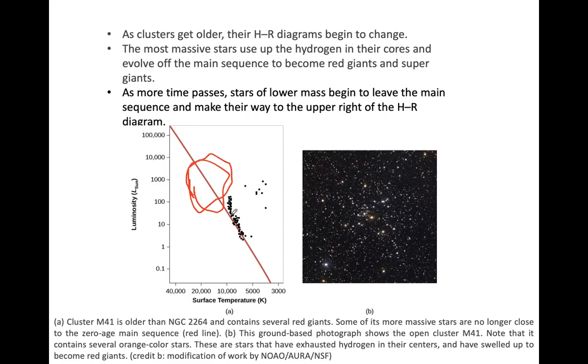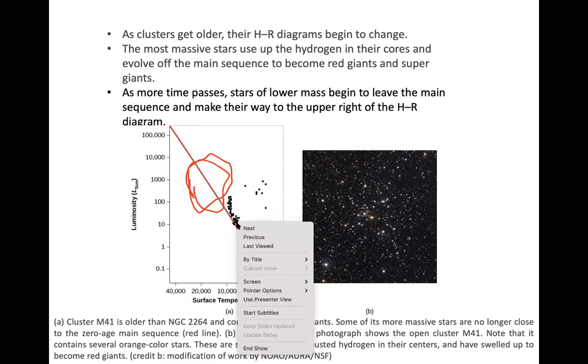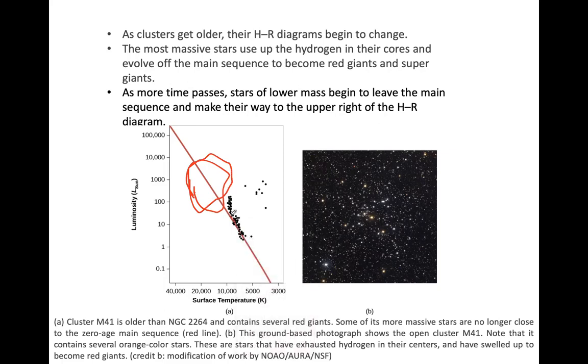Normally the stars will move out, and you can see the trend: you have all the stars in this line, and then they start to move out like this. So that is the trend that you will have when the star cluster gets older, right? What will happen is that these most massive stars use up the hydrogen in their cores and evolve off the main sequence to become red giants and supergiants, right? Remember how these things become red giants and supergiants, we learned before the new year in the last lecture.